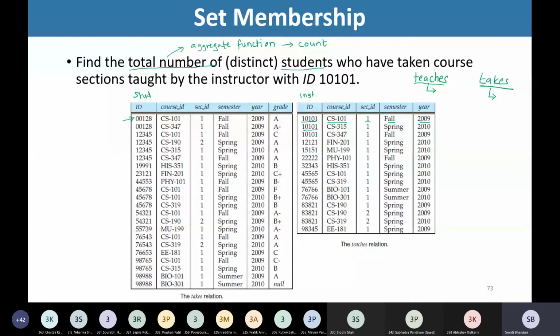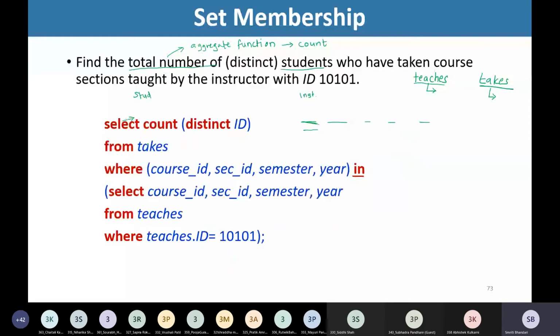And what we want is the total number of students who have taken course sections taught by this particular instructor 10101. Correct? So we need to count the number of students. So the statement that we are going to write is, see here, select count distinct ID from takes. This ID is the student ID. Right? This ID is the student ID. So we are counting the student IDs from this takes relation,